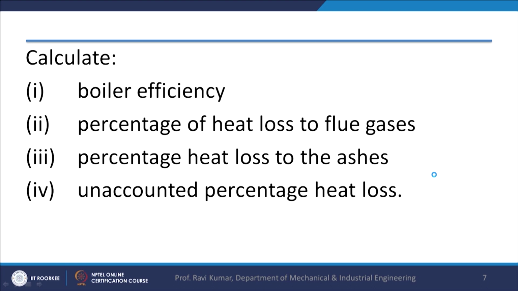And then we have to calculate boiler efficiency, percentage of heat loss to flue gases, and percentage of heat loss to ashes. So, it is a sort of preparation of the balance sheet of a boiler. A balance sheet of a boiler is also prepared, right. So, say fuel is burned in the boiler, that is 100%. What part of the heat released by burning fuel is used for converting water into the steam, that is useful,